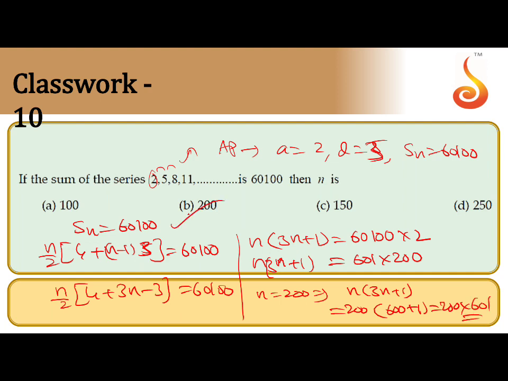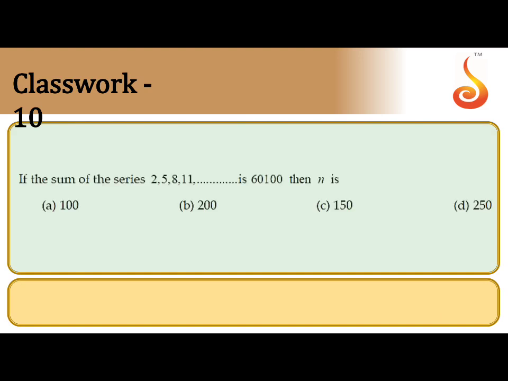So now when you're solving a question, always look at the options, because there is a big expression. How to simplify the big expression? The verification method is easy for us. Okay, I hope you understand. It is an AP, a is 2 and d is 3, not 5. Sn is given. You have to find the value of n. That is the data here. So now you can take Sn and solve for it to get the value. And finally, you got a big expression. Go for the verification method. If you take 100 into 301, that does not give this. So I hope this is clear. Next, check the answer. Option B is correct only.